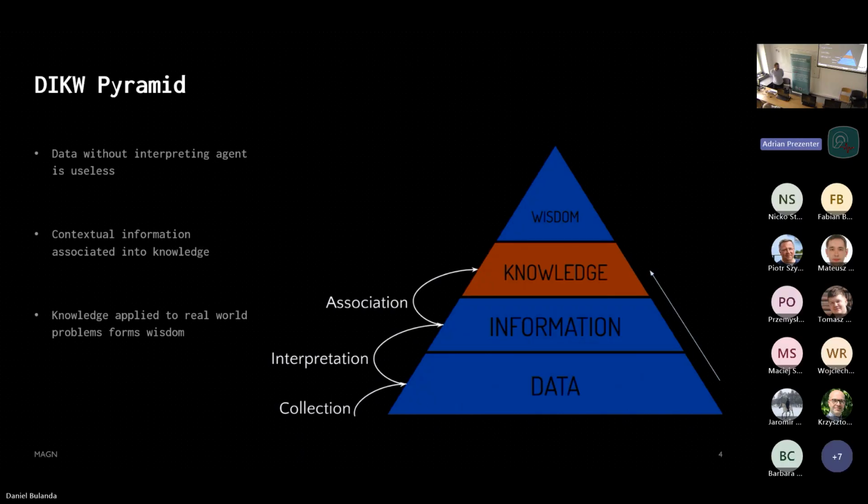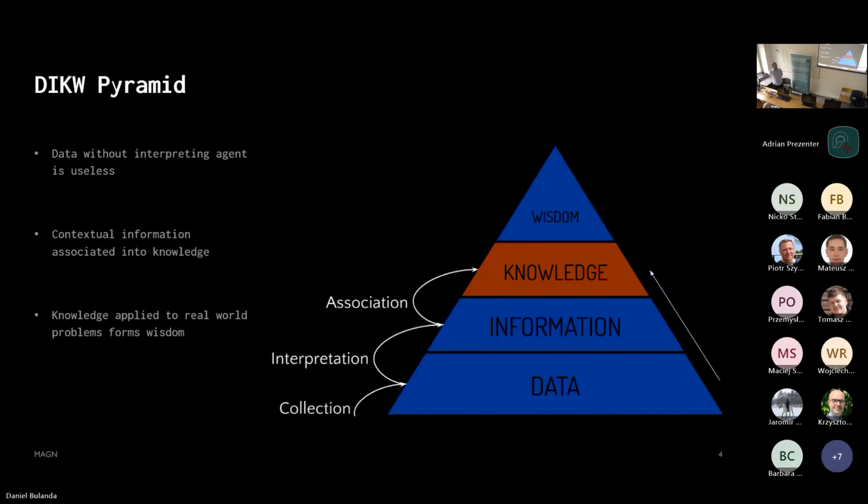In modern computers, we have plenty of data everywhere, so that's not an issue. But what is important is to represent data on the lowest level precisely and in a way that enables further information extraction. So we focus much on how to represent data in our models. Then the second part is